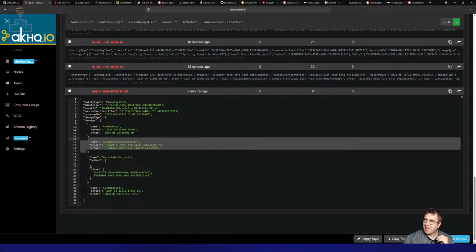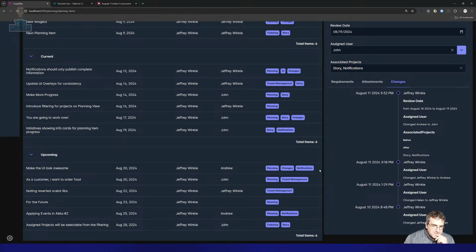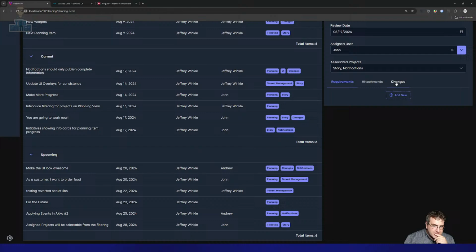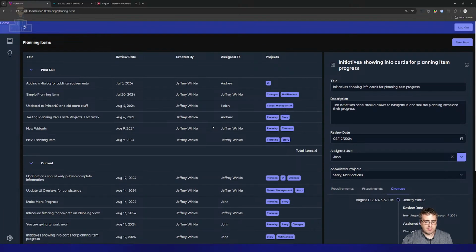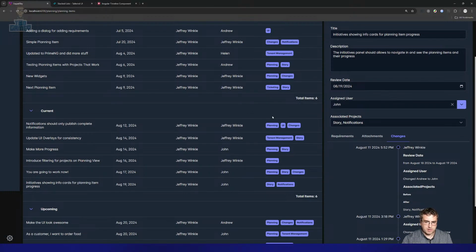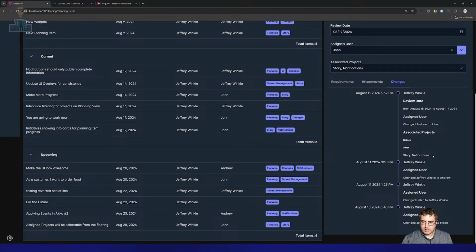Now I've got to rip it all apart. If you've not seen this project before, this is the project map. This is the planning aspect of the application I'm building. This is what I'm focused on. And the reason I need these changes to be so granular, the reason I want to see these coming out with the right information, is because I do want to